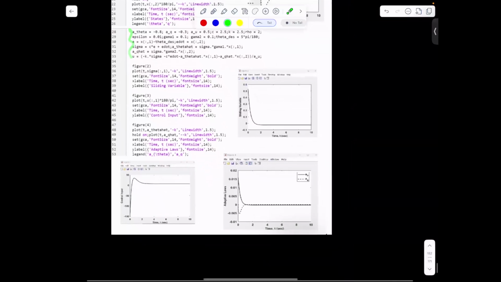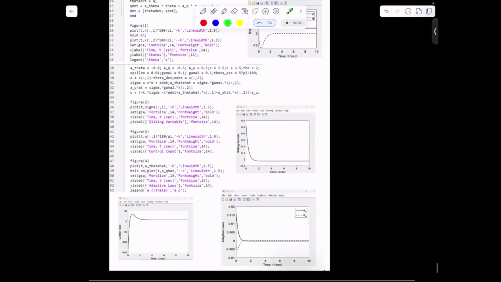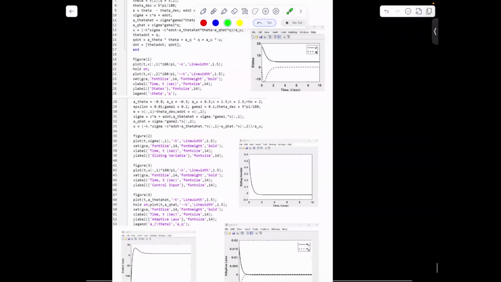This is the figure plot. And we can see that the adaptive law control is more robust and strong compared to the control we have done. And here, if you notice, this is the control input. There is no stuttering, nothing is there. And this is a state variable. It is converging to the desired value very fast. So this is how we can design these adaptive controls in MATLAB.